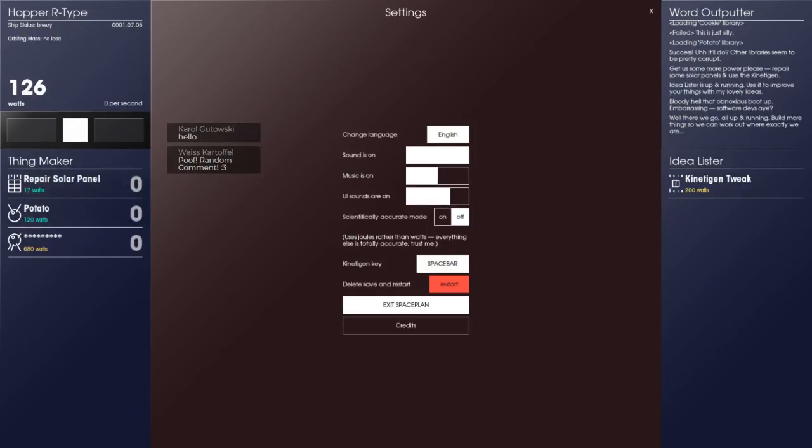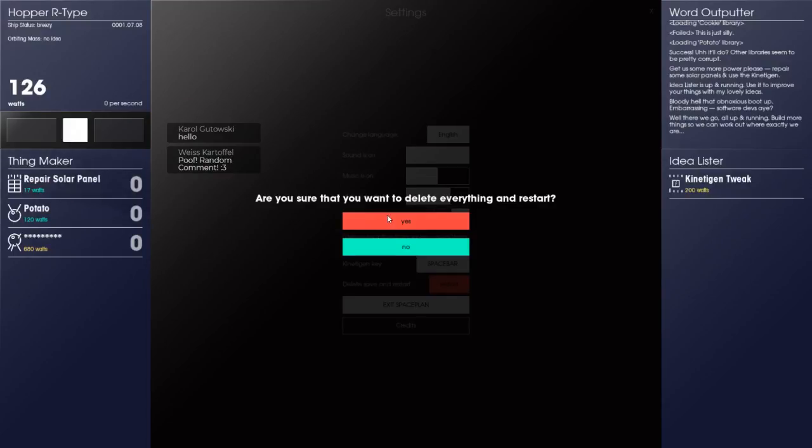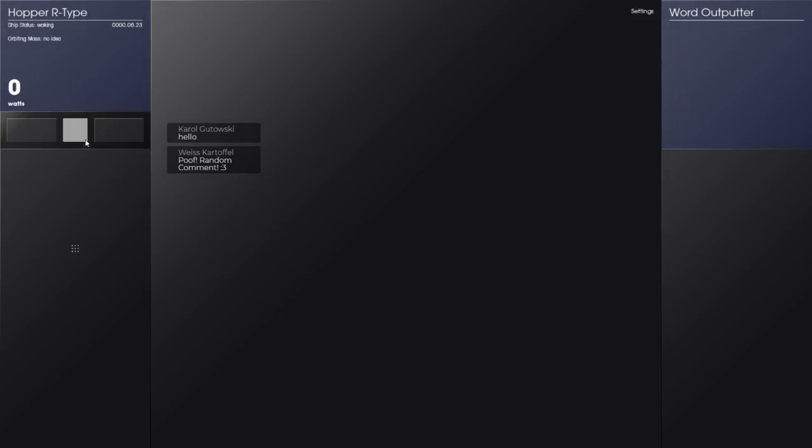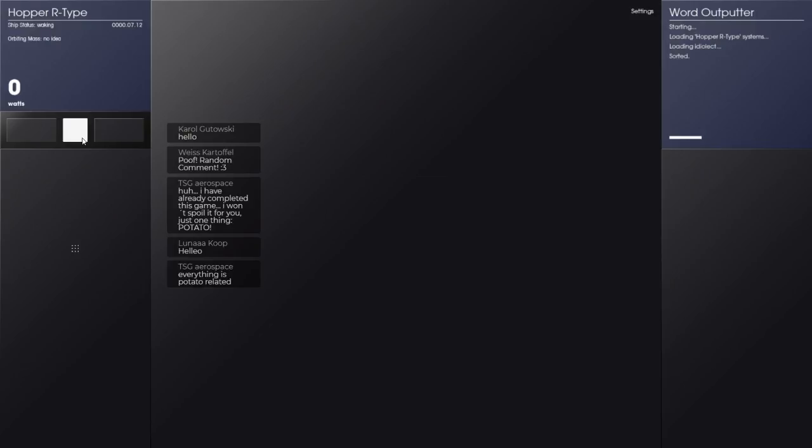We are playing SpacePlan, a very strange game. It sounds like it could have been some sort of game jam idea, but no, this is actually a clicker game based on a misunderstanding of A Brief History of Time, Stephen Hawking's seminal work. I'm sure you guys are all about it. Now up here we've got the world output.